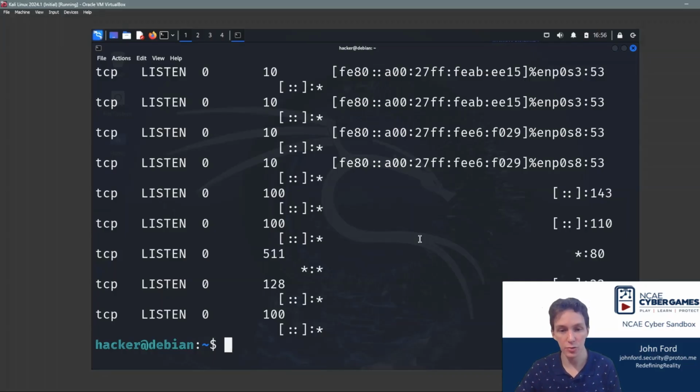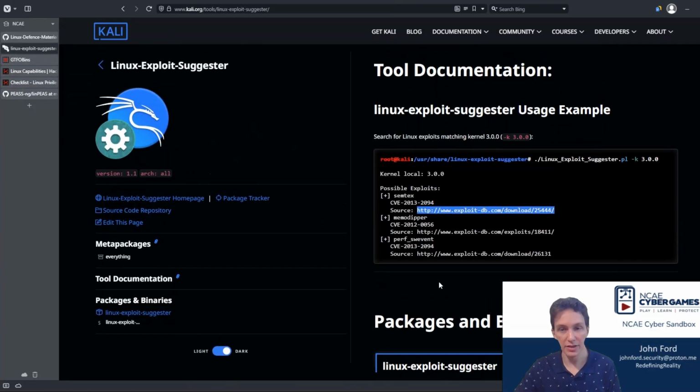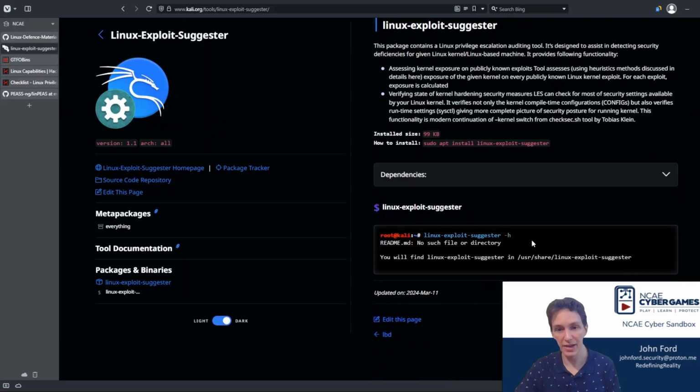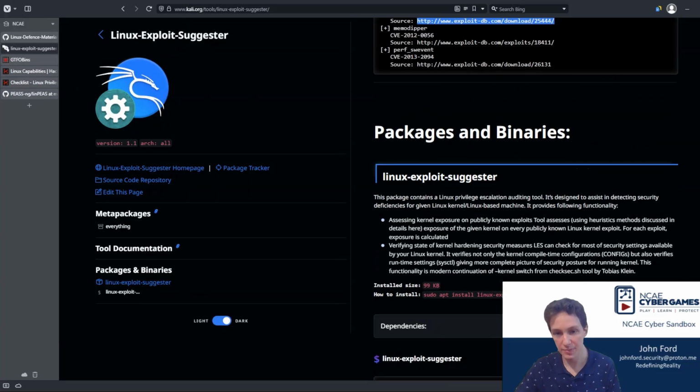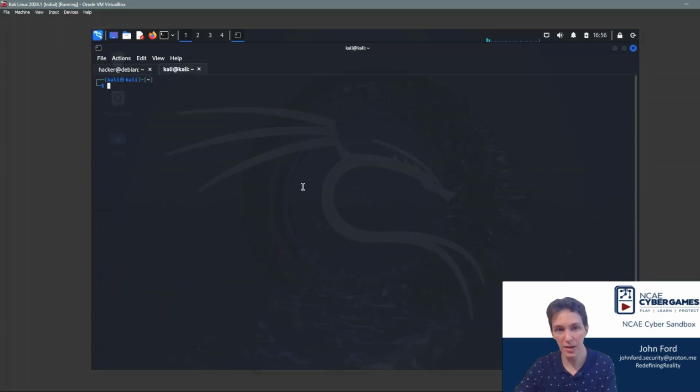One example of a tool that you can use is Linux Exploit Suggester. Linux Exploit Suggester is actually a package that you can install in Kali Linux. So you can install it with sudo apt install linux-exploit-suggester. I already installed it, but just to show you how I might do that, I will try to install it again. So I'll say File, New Tab to keep my